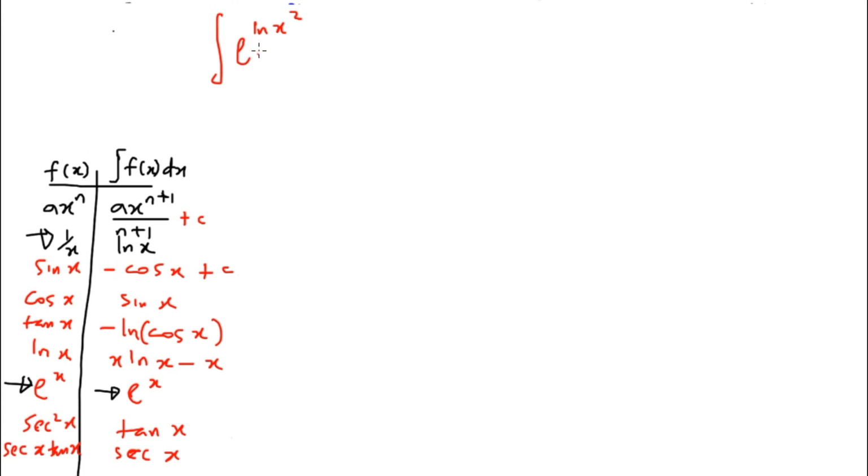So the integral of exponential ln x squared dx. Remember, exponential normally cancels out ln, which means the question is simply the integral of x squared dx, and that's, of course, x cubed over 3 plus c. Finally, the next question says,